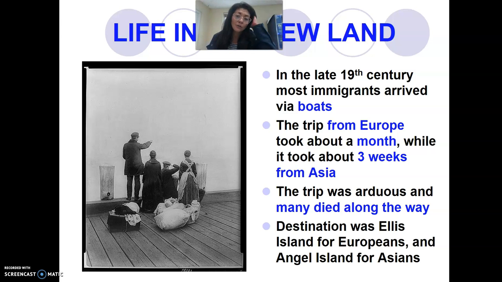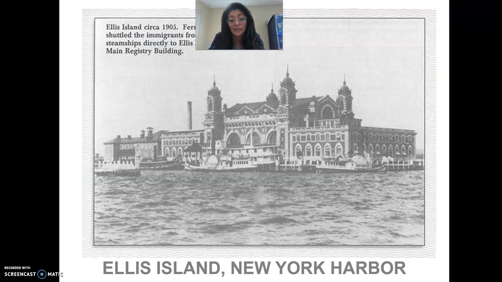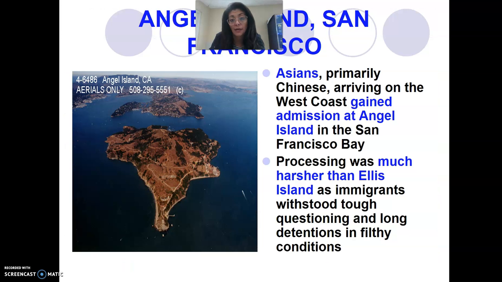Now, over on the West Coast, it was a lot harder to pass inspection, and the Asian immigrants were detained on Angel Island a lot longer. They sometimes stayed a week, and some of them were still deported. Had to pass inspection, prove you weren't a criminal, had at least $25. Between 1892 and 1924, 17 million immigrants passed through Ellis Island. Here's an image of Castle Garden in New York Harbor, Ellis Island, and